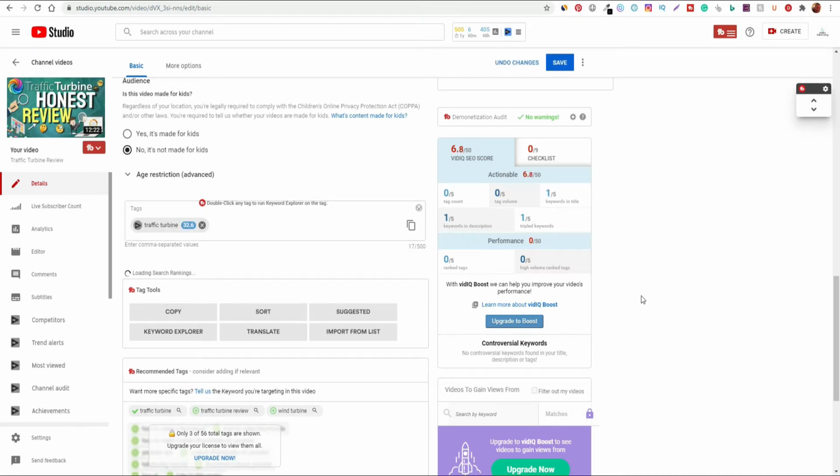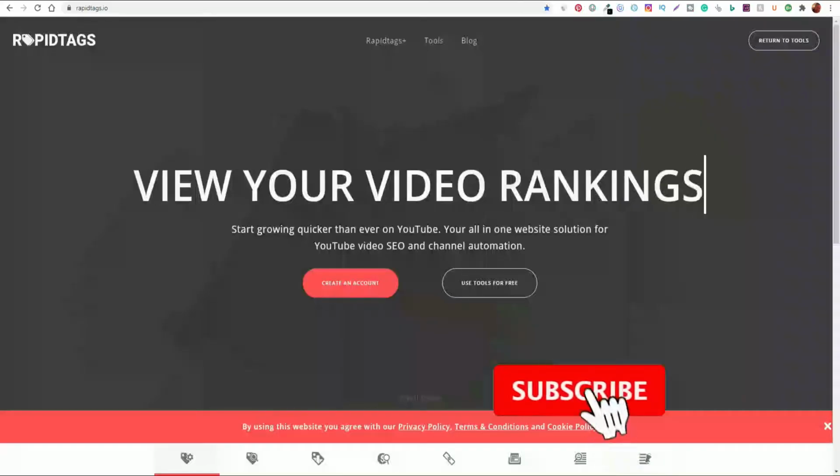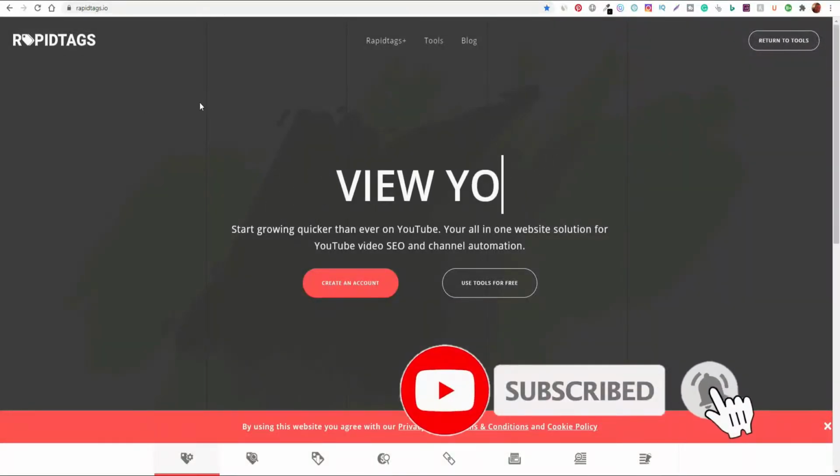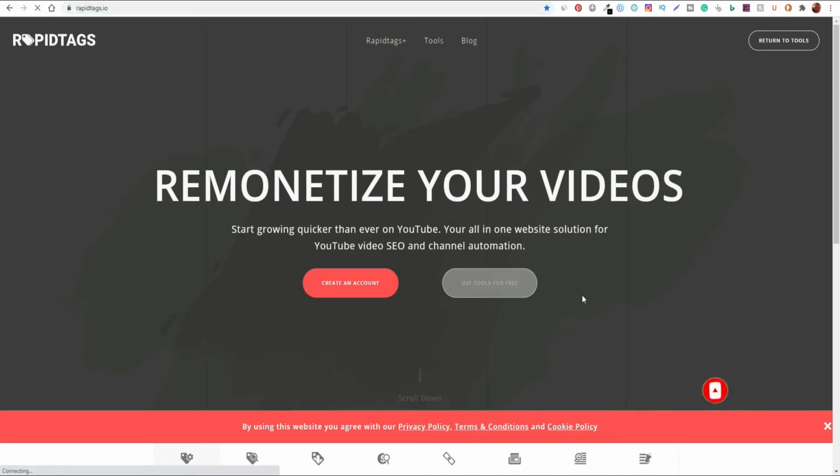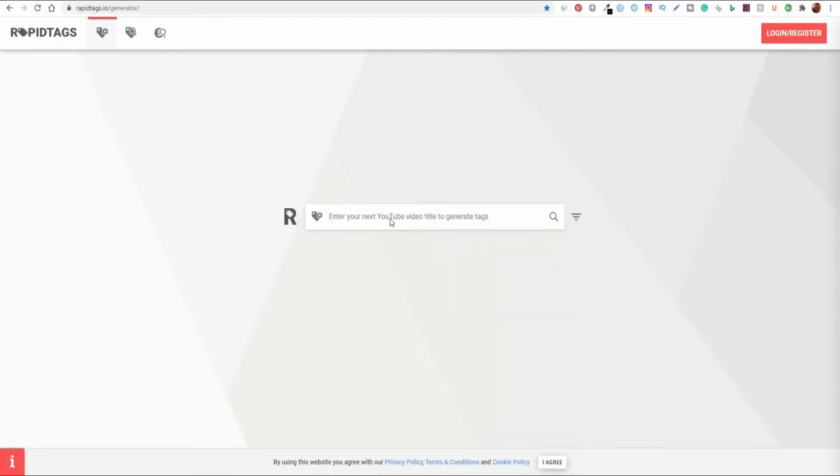Another way of doing that as well, if you're really stuck for coming up with keyword or tag ideas for your videos, is to use a free tool that you can find on rapidtags.io. You can come over and use the tools for free. You can type in the name of the key phrase that you're looking to rank for, and we just click on search, and give it a few moments to generate all the tags. This will give you a whole list of different tags that you could potentially use for your descriptions in